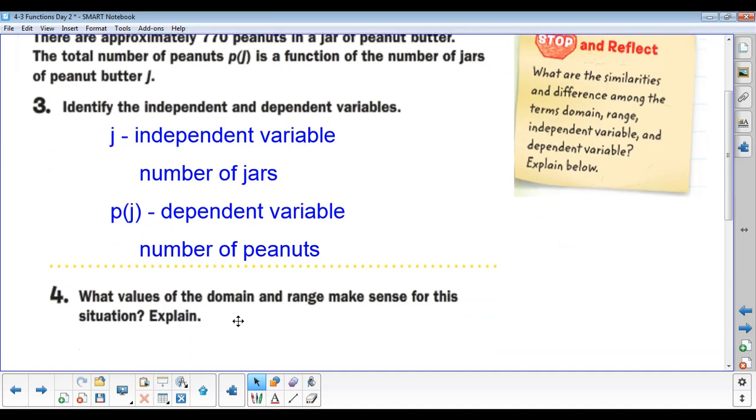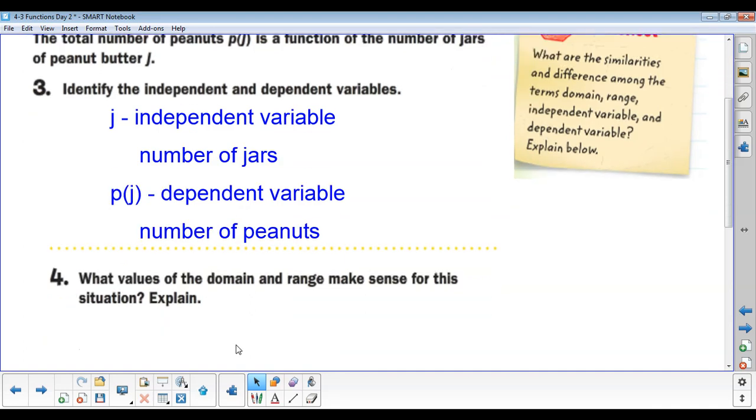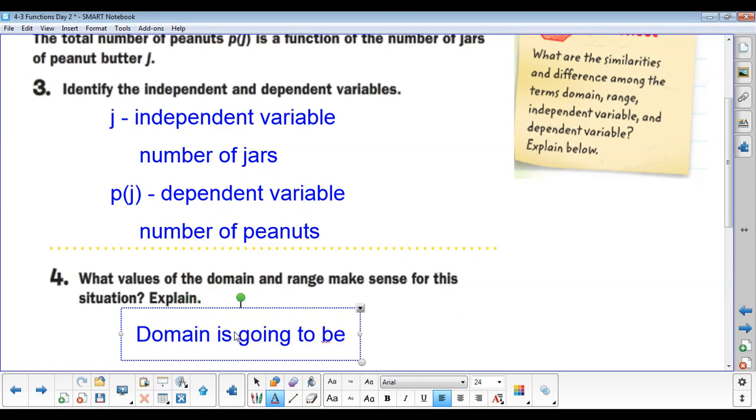So next it asks for the values of the domain and range that would make sense. Now, because the number of jars is our independent variable, that's going to be the type of values determining our domain. Okay, well, can we have half a jar of peanut butter? Can we buy a third of a jar of peanut butter? Can we buy 0.25 jars of peanut butter? No. So for our domain, the domain is going to be whole numbers, like